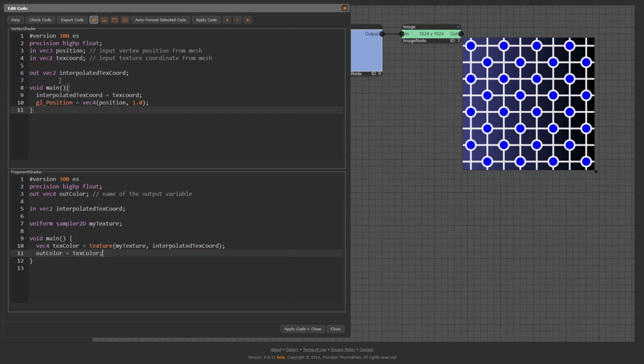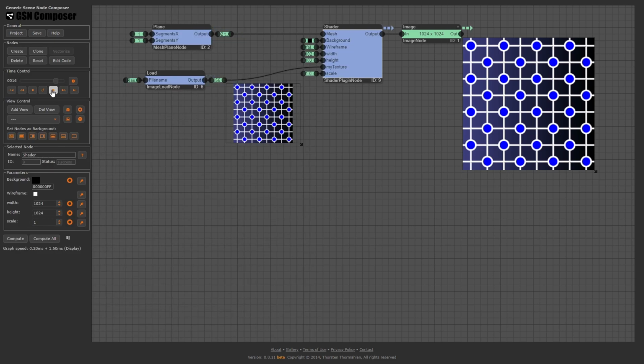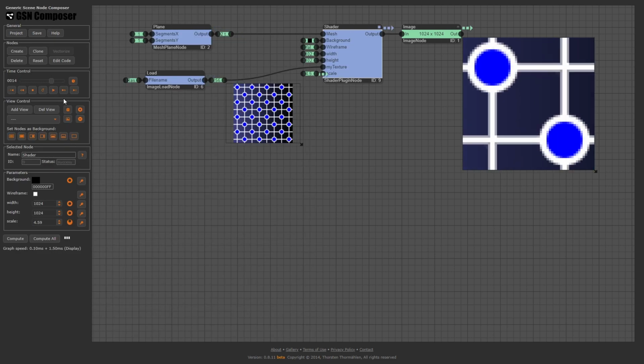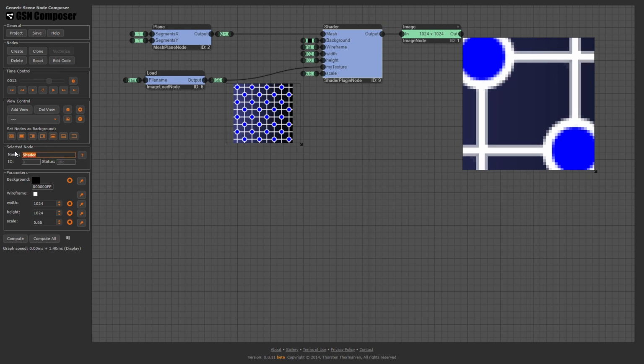We define a variable uniform float scale and use it to scale the position inputs in the vertex shader. We close the shader editor and test the scaling parameter. When we zoom in, we can see the individual pixels and the staircase effect at the border of the shapes, which is called aliasing.